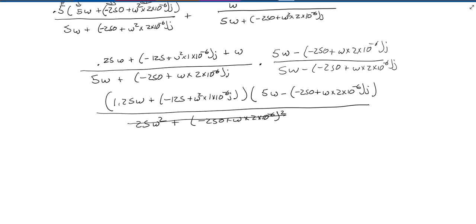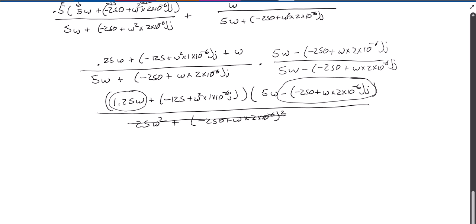So what will get me imaginary parts when I do this multiplication? When I multiply the 1.25 omega times this, that will be imaginary. And when I multiply the 5 omega times this, that will be imaginary. But when I multiply the 1.25 omega times the 5 omega, that's real. And when I multiply this, that j should be on the outside, when I multiply that imaginary number times that imaginary number, j squared is negative 1, and so it's no longer imaginary. So when I multiply this, the 1.25, I get